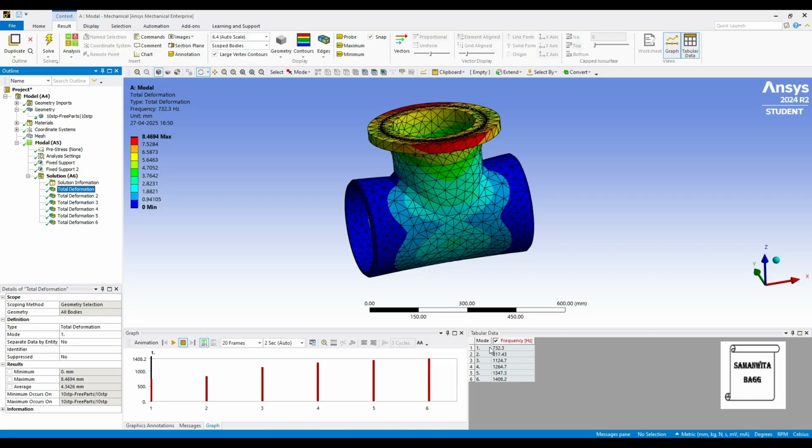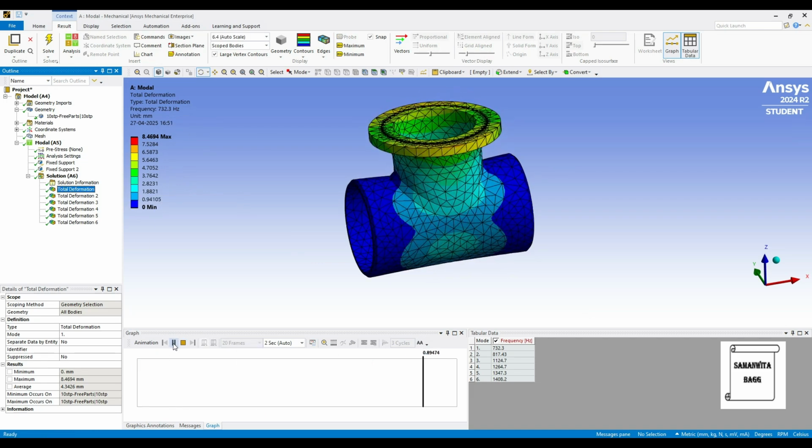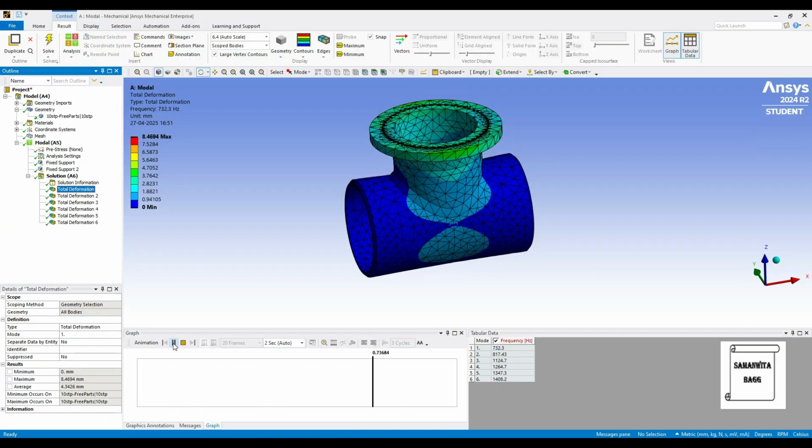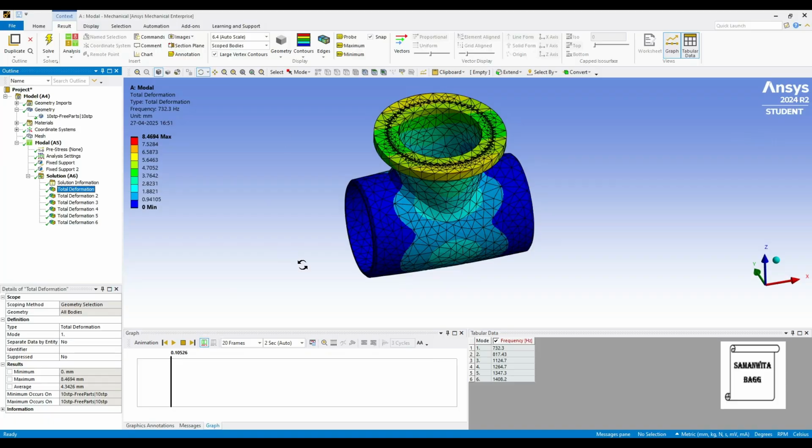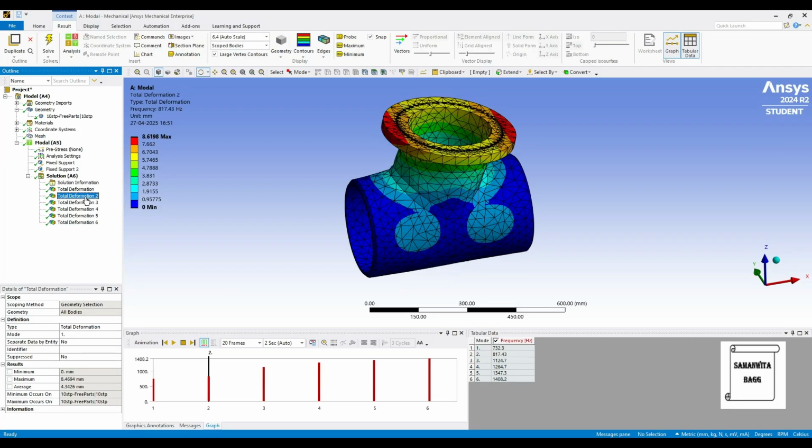For stainless steel, it started at 724, here it is 732, there it ended at 1393, here it is 1408. So this is showing a bit of a higher frequency, but not much of a difference, and not much of a difference in the first deformation also. Because both are steel and their values of K, mu and density are all close, that's why these values are remaining close to each other.